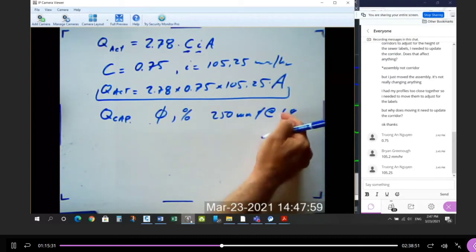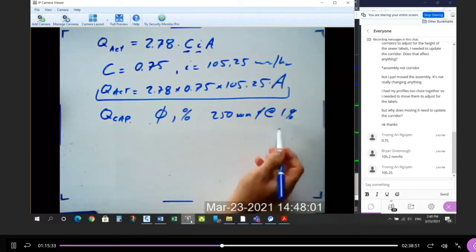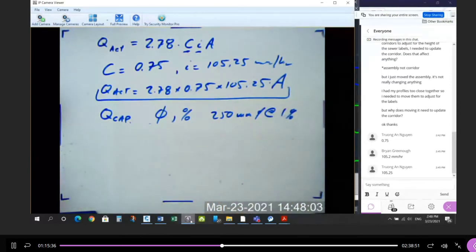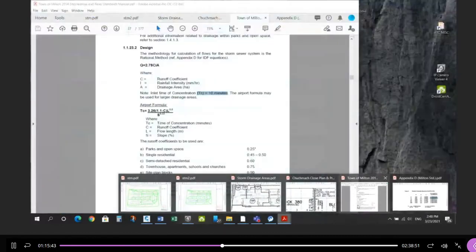1%. What's Q and V for a 250 millimeter pipe at 1%? That's what I want to know. Now you can look it up on a table if you want to. So if you go back to